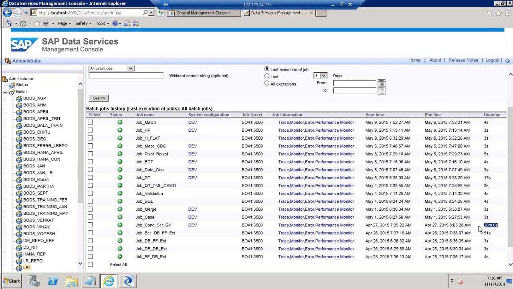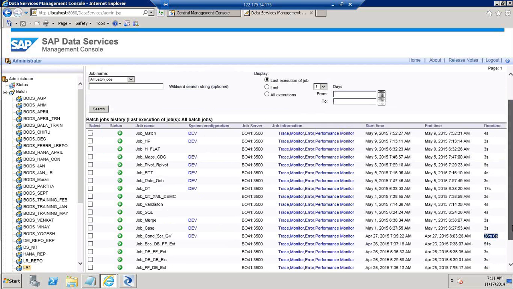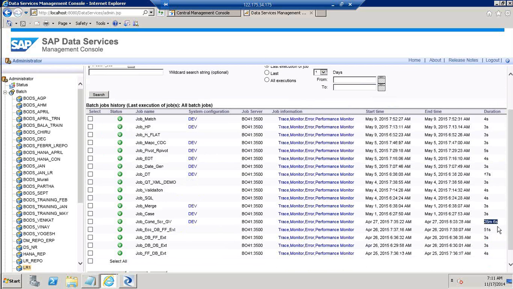And this is where I see that this particular job is taking too much time, so then we can look at it. So there is nothing as such that you will get some alerts, but this is where you can go and see that this job is running for a longer time. But in data services, if you want that kind of alerts,